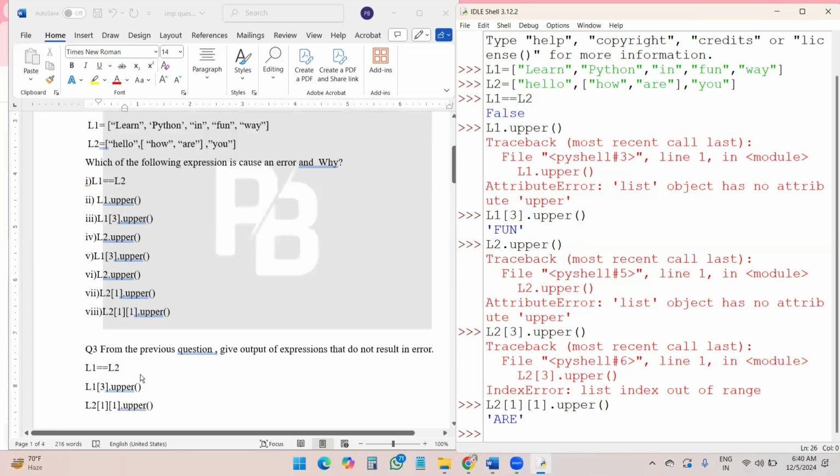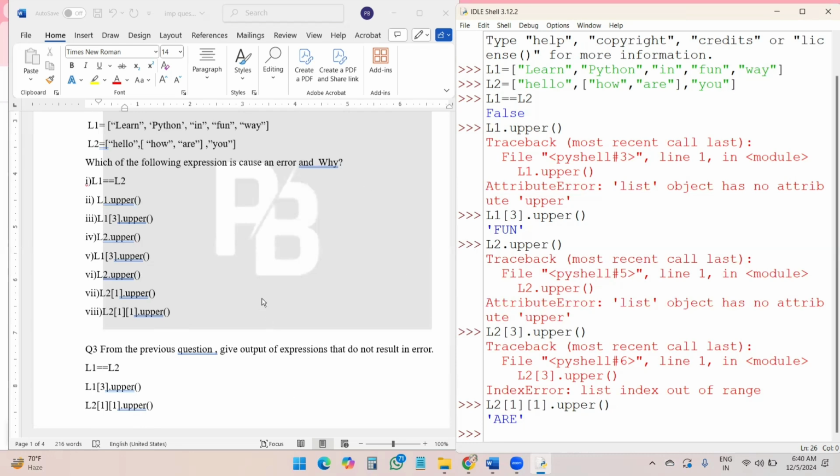Now from the previous question, give output of the expression that do not result in error. So we already discussed L1 equal to L2, that is my false statement. If I am writing L1[3].upper, that converts my string to uppercase, and in the same way also, students, this also converts my string to uppercase.